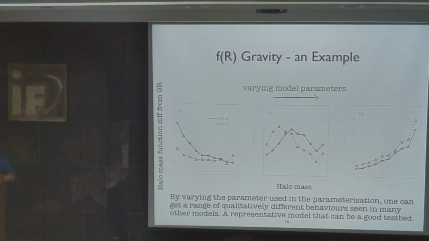And the point I want to make here is that by varying this parameter used in this model, you can get a wide range of qualitatively different behavior of the model. And these qualitatively different behaviors have been seen in many other classes of models. That means by studying this model alone, you can generalize your conclusion to say something about many other classes of models. And that is why this approach can be useful. Again, I don't believe this is the correct model. I don't believe this is a true model, but I like it.